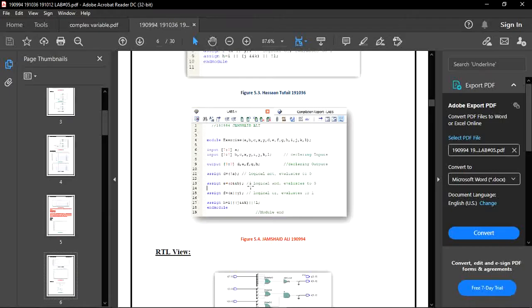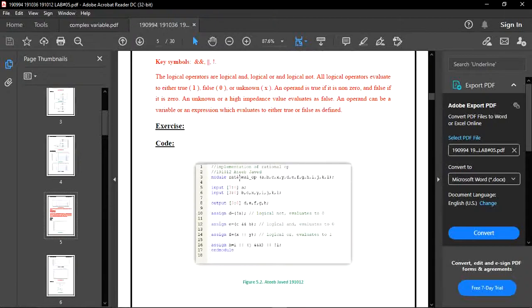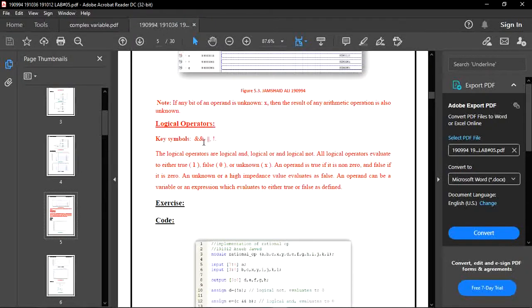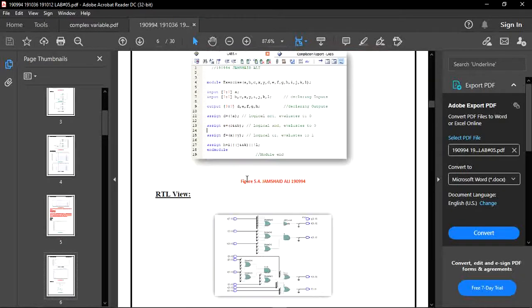You can see if the factorial, the NOT operation on A, performs, then it is logical NOT and evaluates to 0. If C double AND B performs, then it is logical AND and it evaluates to 0. If X double vertical slashes Y performs, which we can see denoted by OR, so logical OR evaluates to 1, because this is our OR operation and this is our AND operation. You can see this is our OR operation, this is our AND operation, and this is our NOT, which is equal to some values.